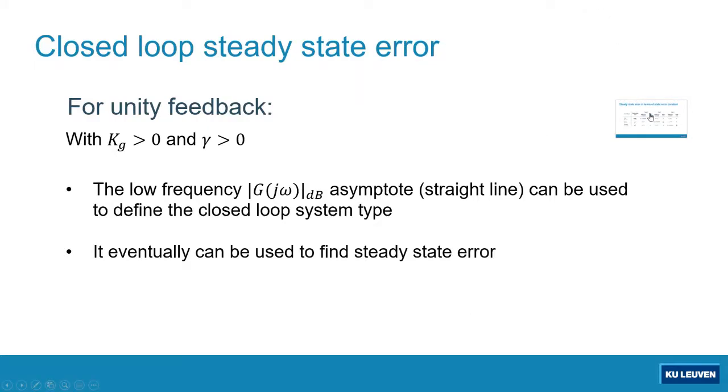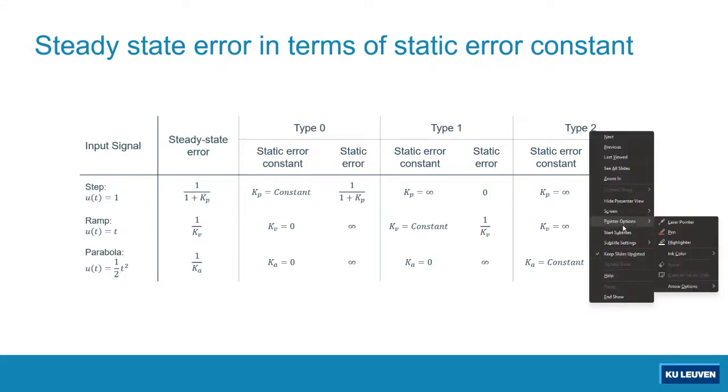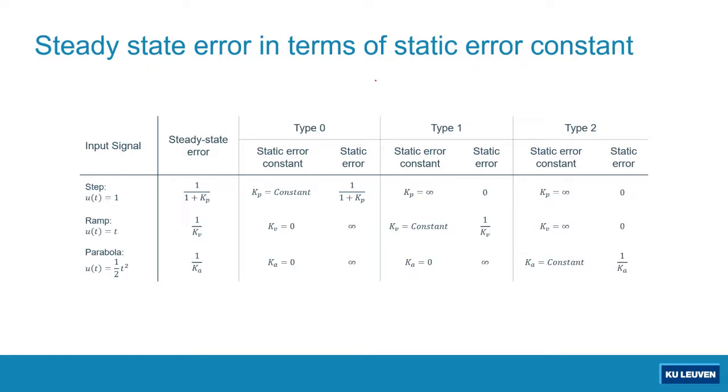I think I will pop up again one of the slides in the previous video, when we were discussing system type. You still remember this table? If, let's say, we have a unity feedback system where the open loop transfer function shows us that the unity feedback system is a type 0 system. Okay. If a step input is given to the system,